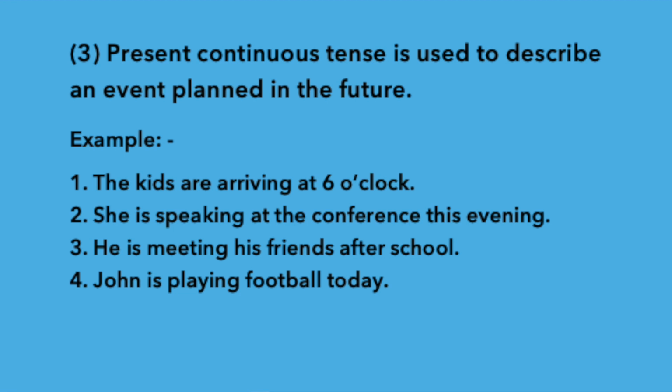It's used to describe an event planned in the future. We can also use the present continuous tense to talk about the future if we add a future word. We must add a future word. Future words include tomorrow, next year, in June, at Christmas, etc. We only use the present continuous tense to talk about the future when we have planned to do something before we speak. We have already made a decision and a plan before we are speaking.